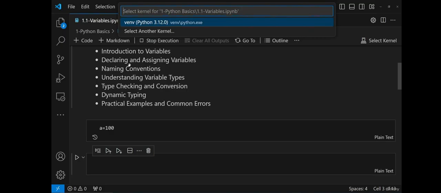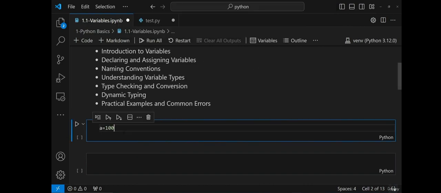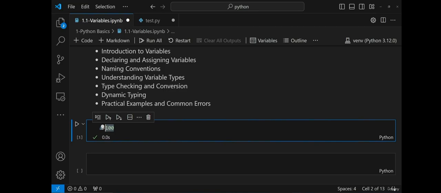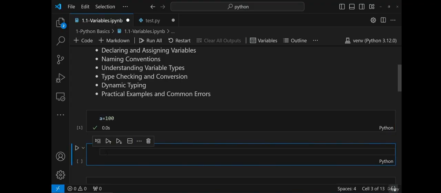And always remember, guys, whenever you start a new notebook file, always make sure to select the kernel. Okay, now if I write a is equal to 100, this basically means that I've created a variable a and I've assigned a value of 100. Obviously, in my previous video, I've also defined some basic variables and assigned some values, let's say string, numerical, integers, floating point, any values you can basically assign. We'll be learning more about it. So first of all, let's go ahead and understand declaring